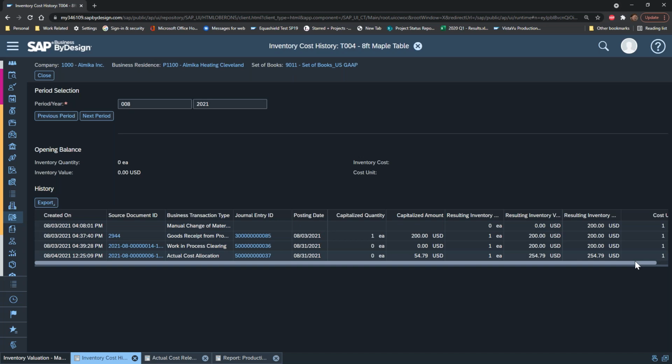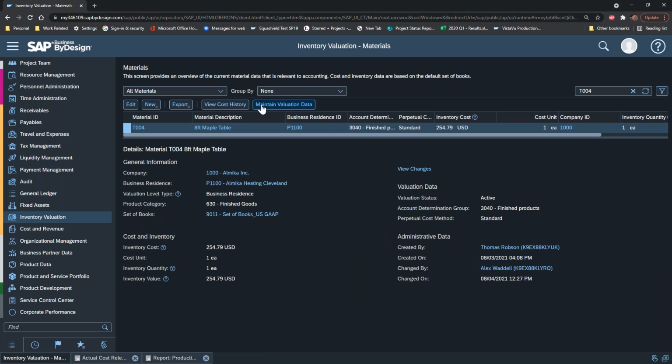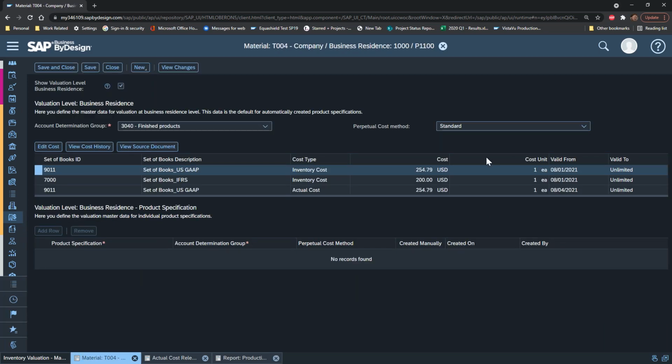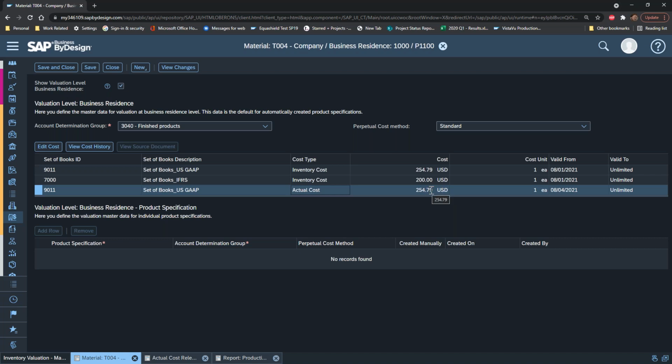So here we can see our final cost history on our items. So actual cost allocation. So as of the last day of the period, this is our resulting new standard cost that the system is going to use for any future production lot runs on this item. If you want to see it inside the valuation, you can see it here that we have this new actual cost established, 254. So that's what the system will be using as your next standard cost